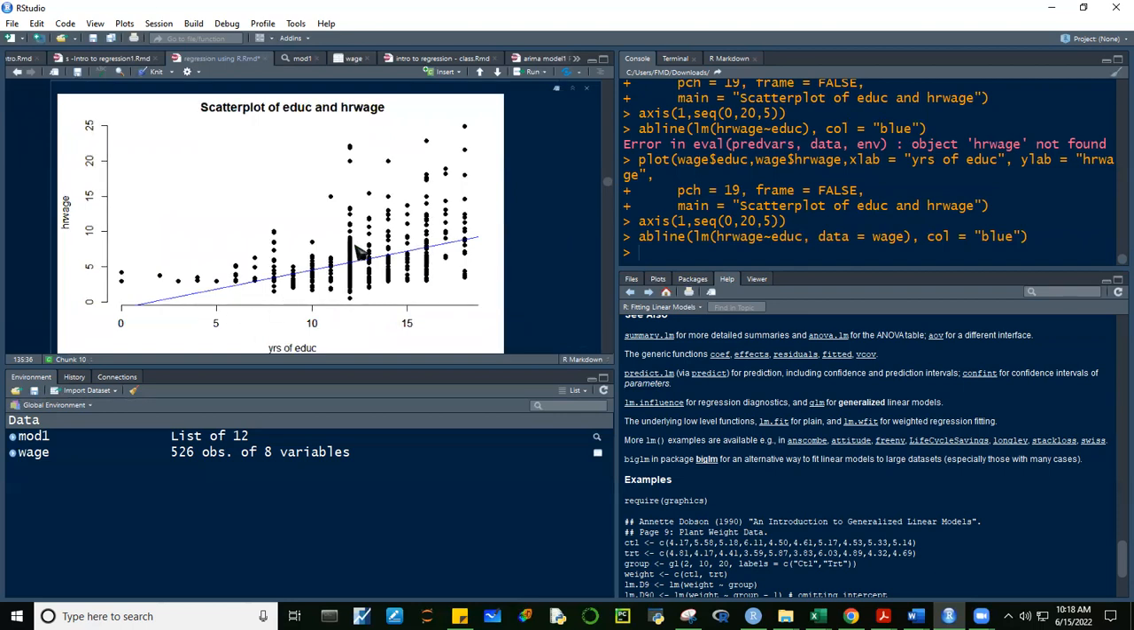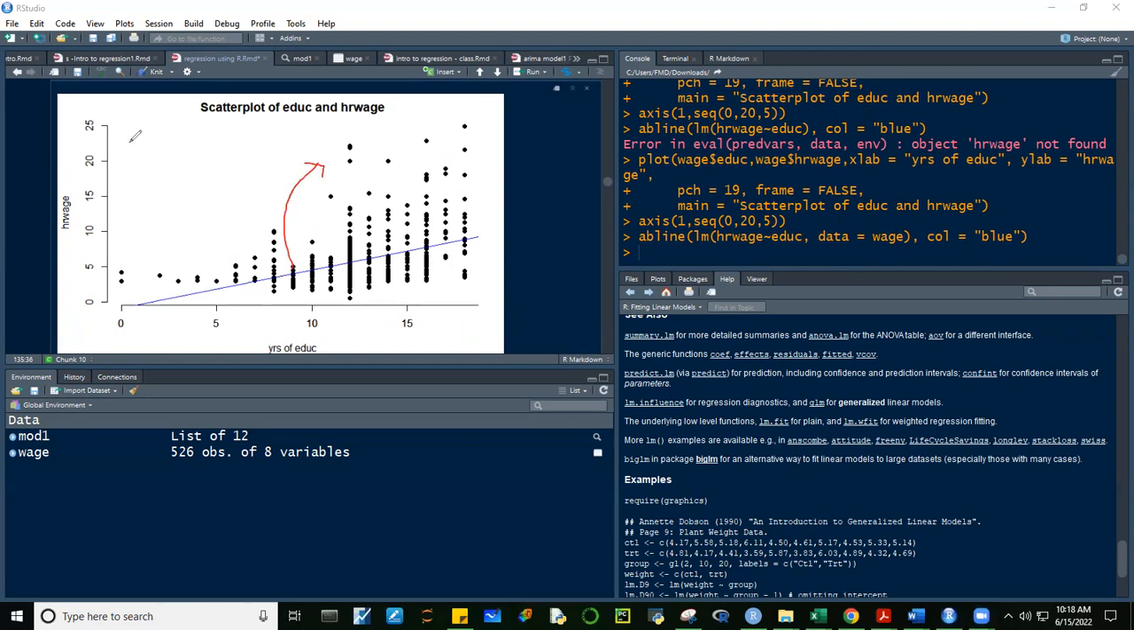So, here we have, guys, your plot. On the y-axis, your hourly wage. On the x-axis is your years of education. And then here you can see the regression line. Itong regression line na to, guys, itong regression line na to,